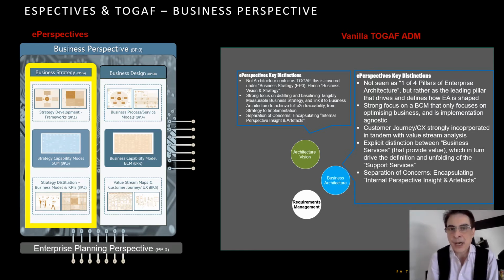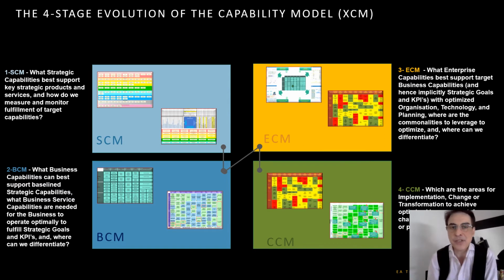So on the ePerspectives side, we have the key perspectives of business, enterprise, and change and operations separately. But in here, our focus is on the business perspective, which by itself has two sub-perspectives of business strategy and business design. So if we look at the first version or first evolutionary stage for XCM, which is an SCM or strategic capability model,